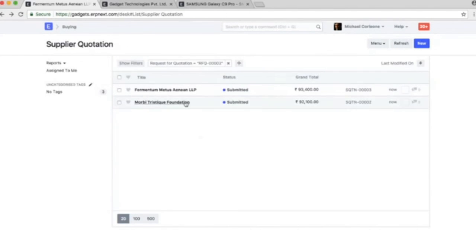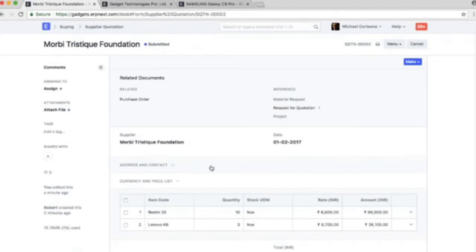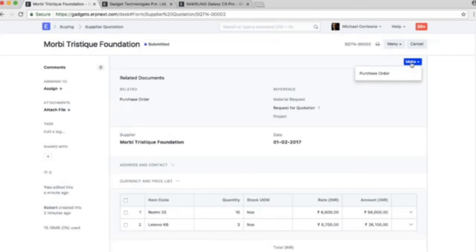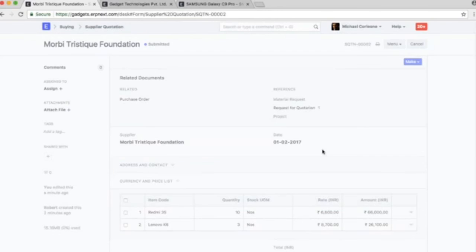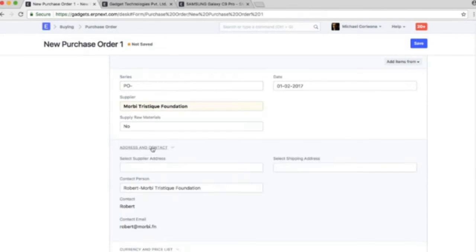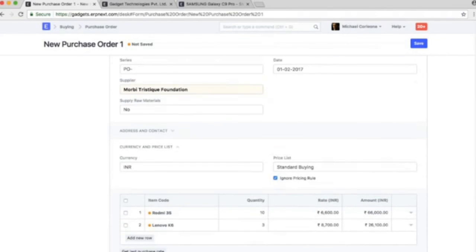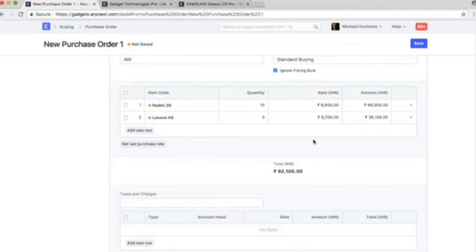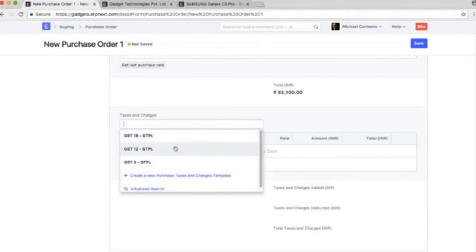So looking at the amount, we can say that this quotation is more favorable, so let's go ahead with this. We are placing an order with this supplier, so we can convert the supplier quotation into a purchase order. The purchase order will have all the details related to the supplier, address, contact, etc. fetched. You can change the currency if needed, and then rates will be fetched from the supplier quotation. If needed, you can apply